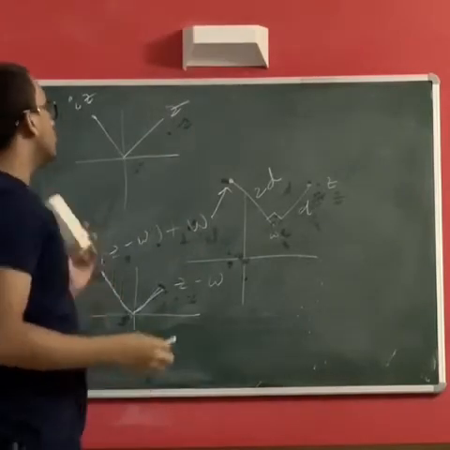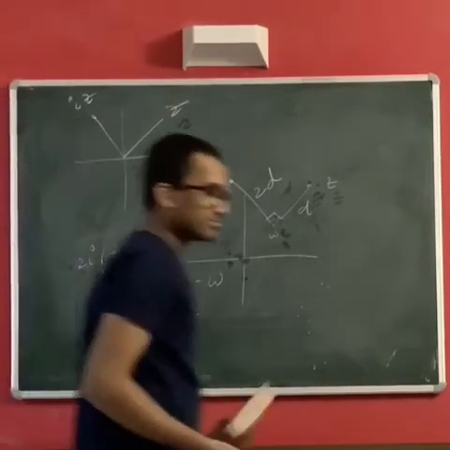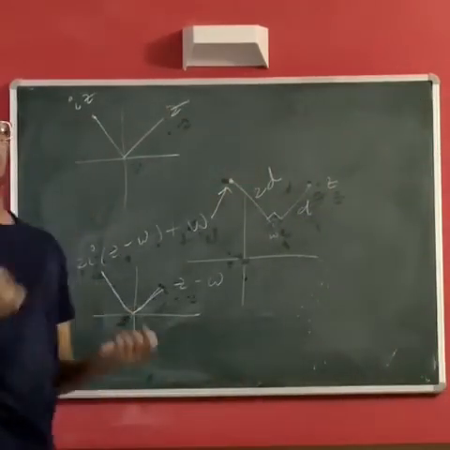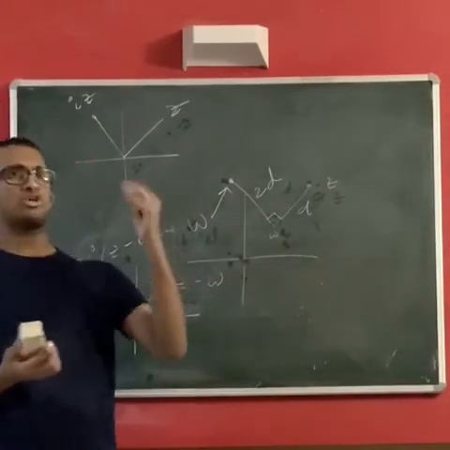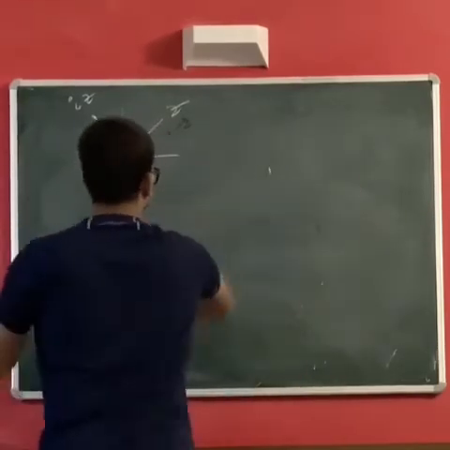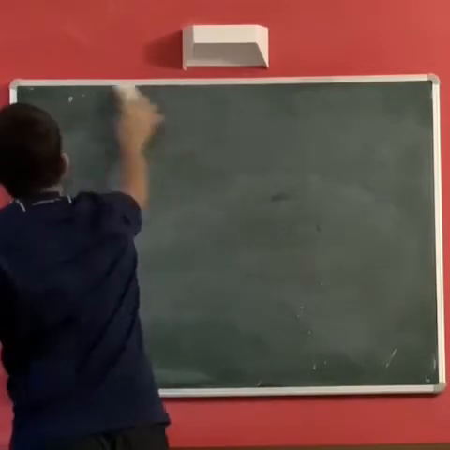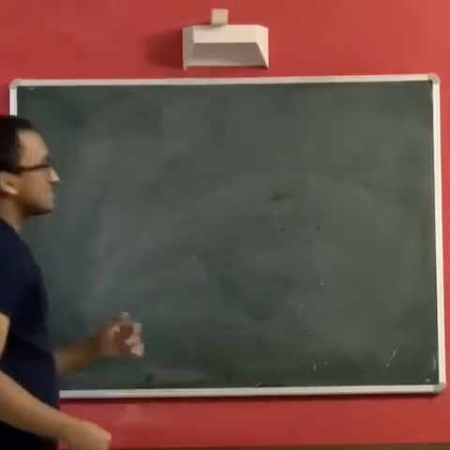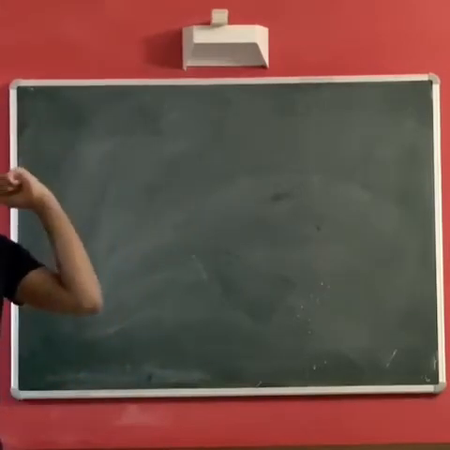Next, I will try to show reflection. Say I want to reflect a point about a particular line segment. How do I go about doing that? I mean, that's the most fundamental thing you can do, right? In terms of reflection, you have a line, you have a point, and you want to reflect the point about the line.